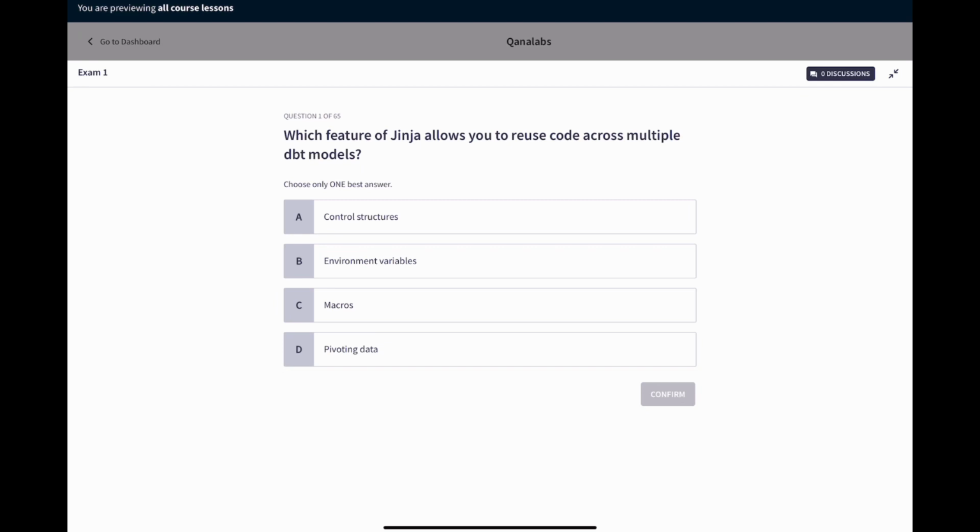This question is testing your knowledge of Ginger and how it can be applied in DBT models to improve code reusability. So let's go through each option. Option A, control structures. These are used to create conditional statements, loops, and other control flow constructs within the Ginger templating language. Just like any other programming language, like maybe Java or Python, you have all these control structures